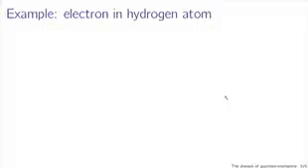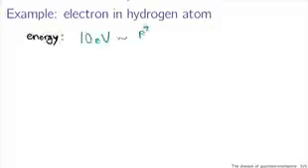For example, the electron in the hydrogen atom. Now, you know from looking at the bright line spectra that this should be in the domain of quantum mechanics. But how can we tell? Well, to use one of the uncertainty principles as a calculation, consider the energy. The energy of an electron in a hydrogen atom is, let's say, about 10 electron volts. If we say that's p squared over 2m, using the classical kinetic energy relation between momentum and kinetic energy,